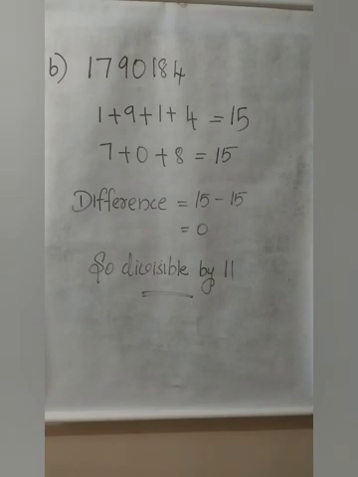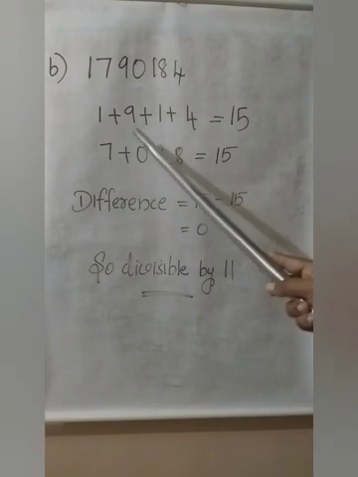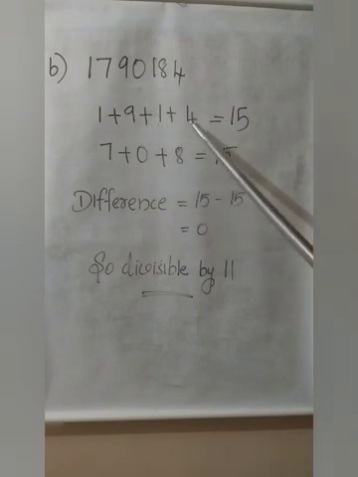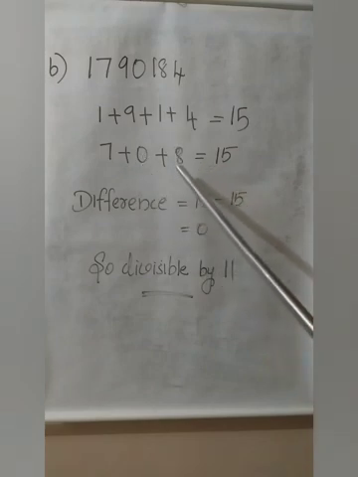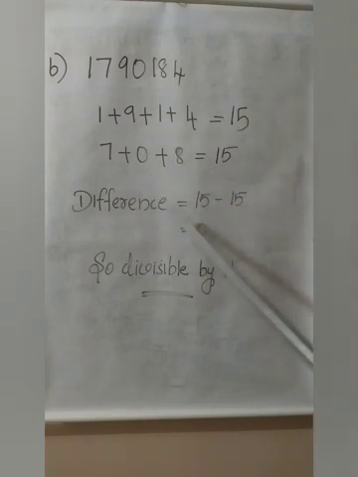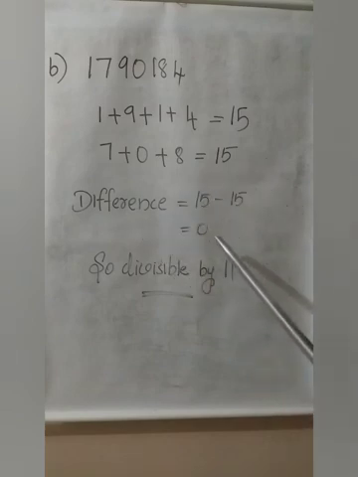That is correct. Now finding the sum. 1 plus 9, 10. 10 plus 1, 11. 11 plus 4, 15. Here 7 plus 0, 7. 7 plus 8, 15. What do you get as the difference? 15 minus 15, 0. So what I told you, the difference is either a multiple of 11 or 0. We can say the given number 17,90,184 is divisible by 11. One more example,